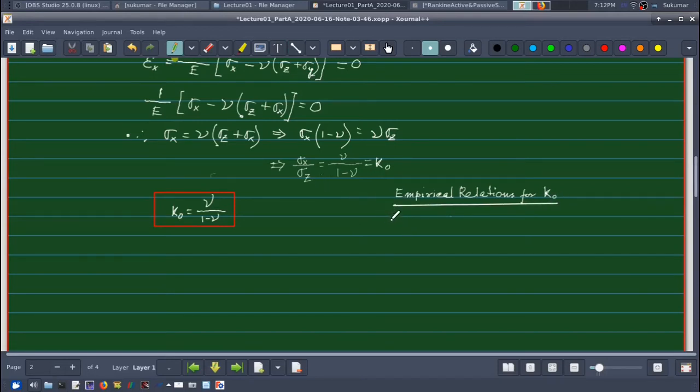So Jaky's equation gives K0 equal to 1 minus sine phi dash, and this is originally given for sandy soil, but then it is also used for normally consolidated clays. So for sands and NC clays,